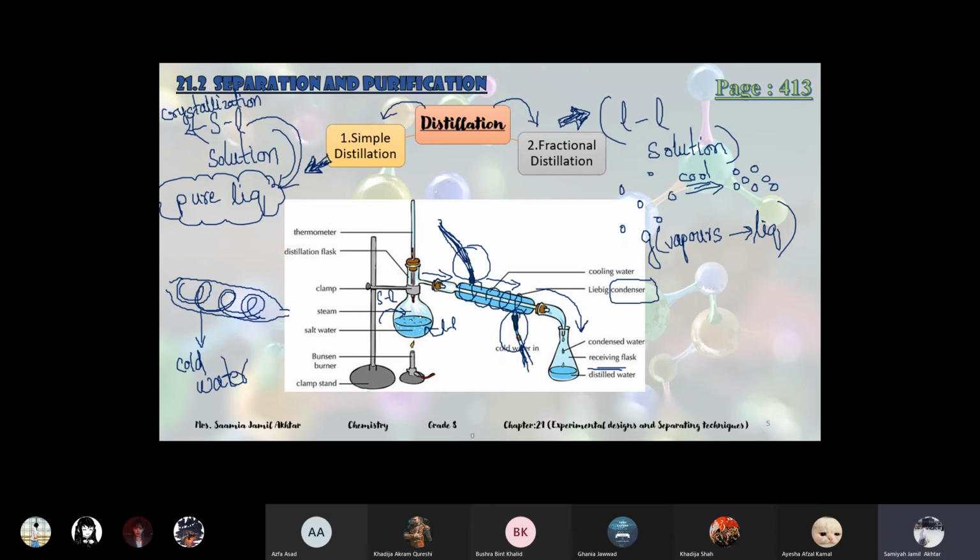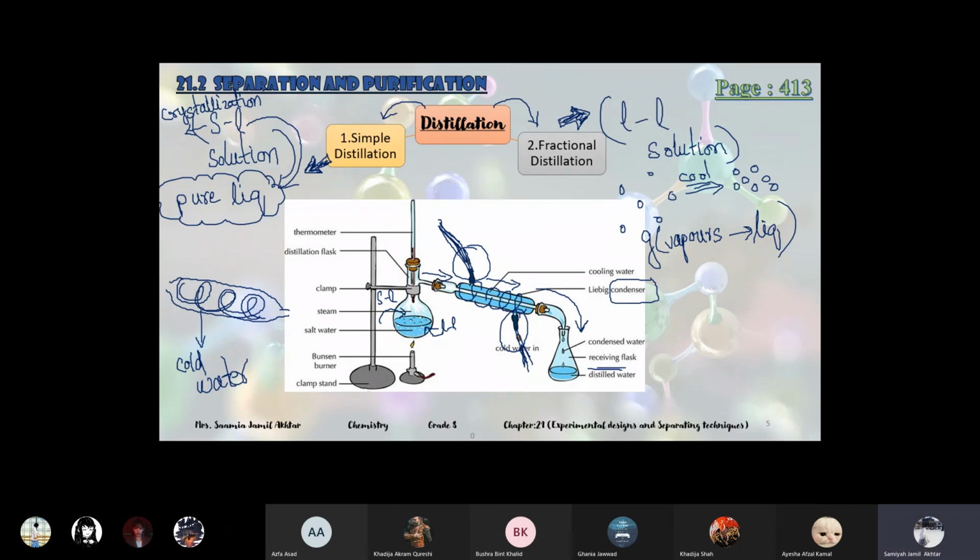But it will take time because they are converting from gaseous vapors into liquid dropwise. The cold environment is because of this cold water, which keeps on moving into these spiral tubes. Got it? So this is what happens inside the condenser.